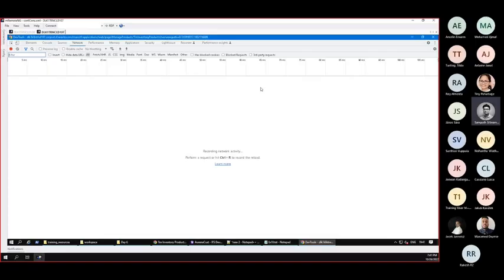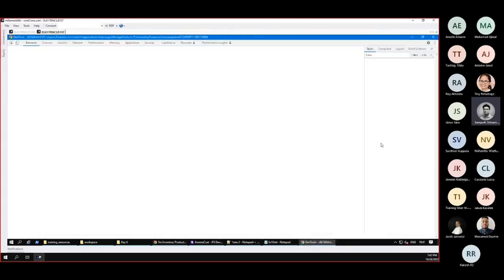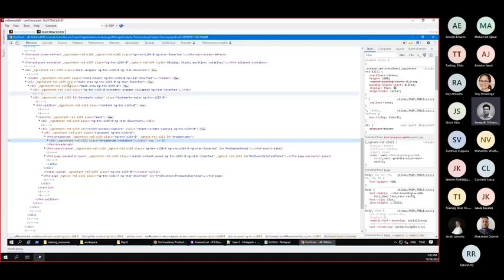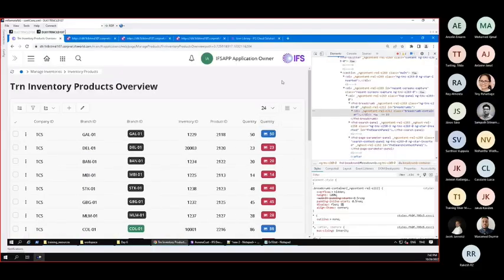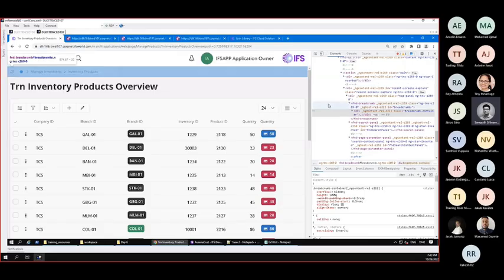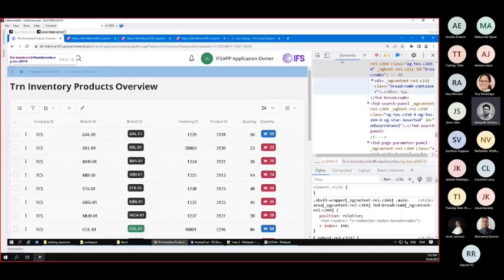I'll hit F12, or you can also just right click and click inspect. Both of these actions would get the dev tools. So what I'll do is I'll get this dev tools window, and then I'll dock the DevTools towards the side of this screen. And in the DevTools, you might see this